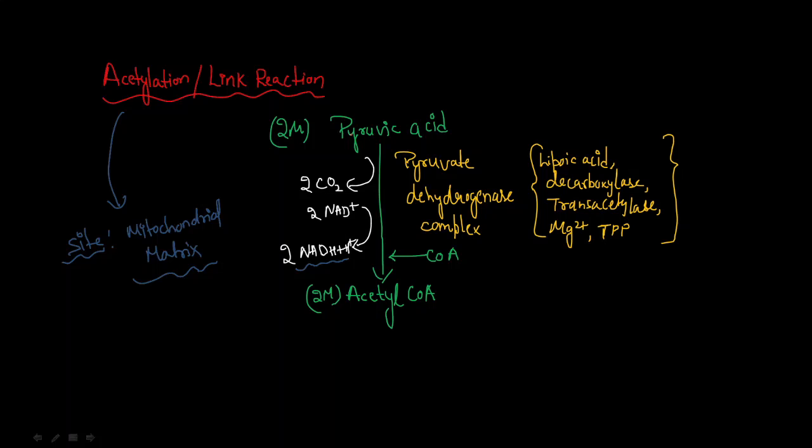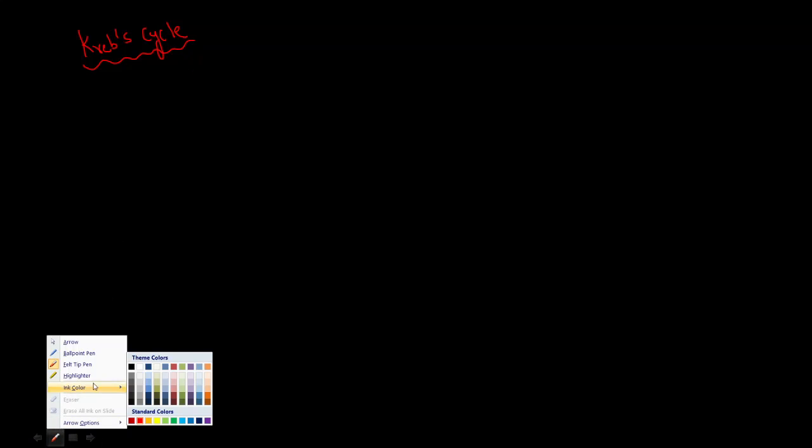Also, we had talked about the acetylation reaction in the previous video, wherein two molecules of pyruvic acid which were formed during glycolysis have now been converted into acetyl CoA. So today in this video we are going to talk about the Krebs cycle, which is also known as the citric acid cycle or tricarboxylic acid cycle. So the Krebs cycle is going to start with something known as